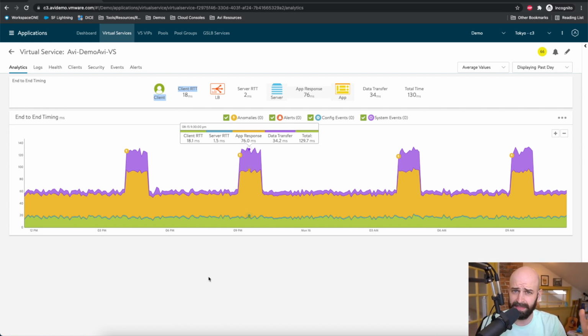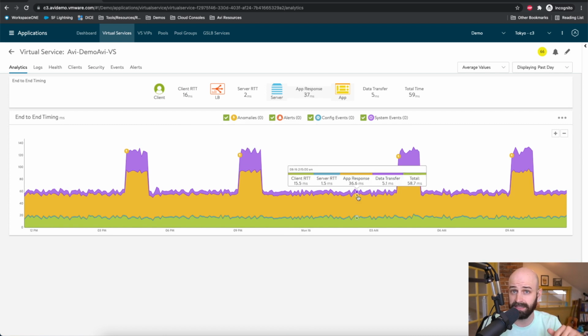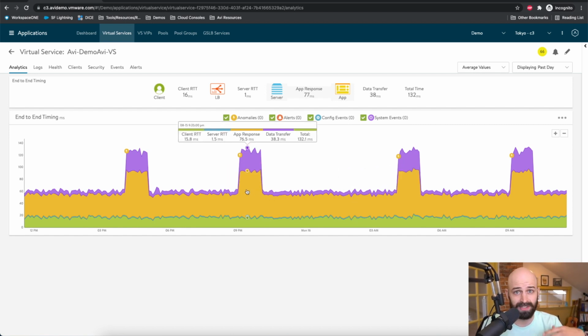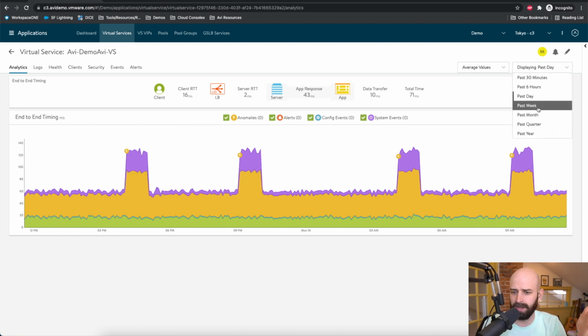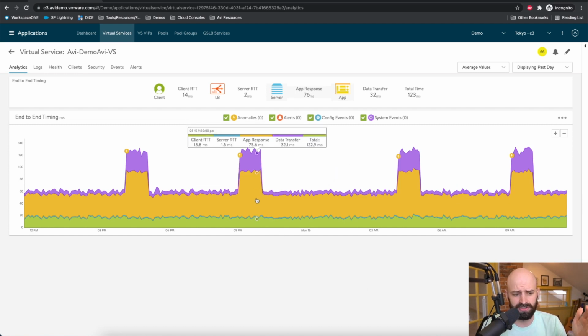We sit in the data path as that proxy, as the load balancer, as the ADC, and we send all that information back to the controller so you can find out what the end user experience was at any given point in time. Because as we all know, the end user experience may change. It may change because there's a performance issue or there's an outage or there's some problem. To be able to go back in time, up to a year, and figure out what the end user experience was at any moment is really valuable,